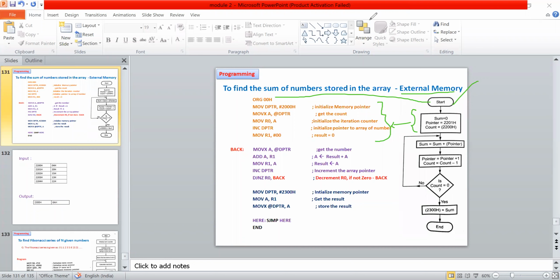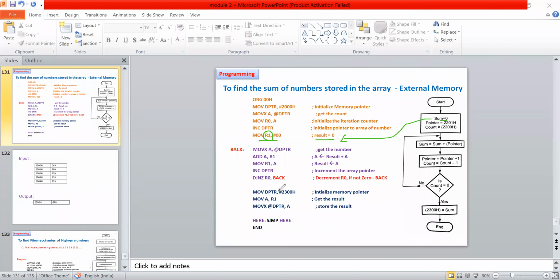So what you are going to initialize for your program? See, I'm just taking the final result. Initially, I'm placing 0. I'm taking one of the registers. I am placing the value 0 in that particular register. Okay, this is my initialization. Okay, right? Because in that register, I'm going to have my final data. I'm just going to put that data into the corresponding memory location if I require. See, I'm taking data from a memory location. I'm putting the result in some other memory location externally.